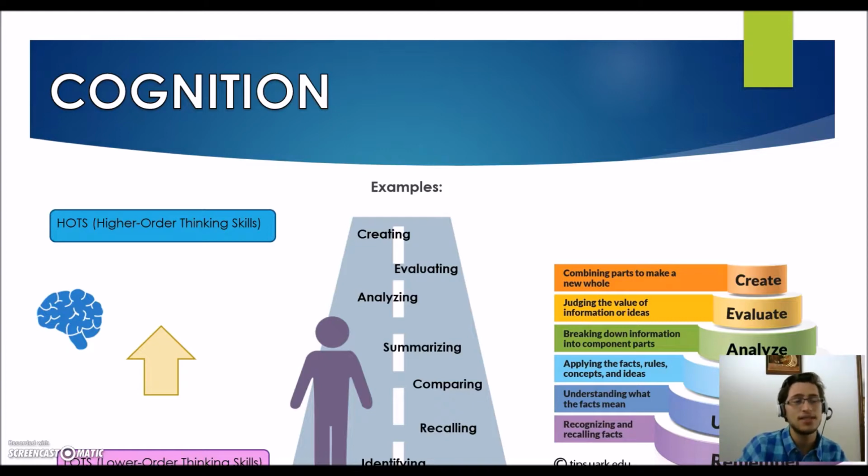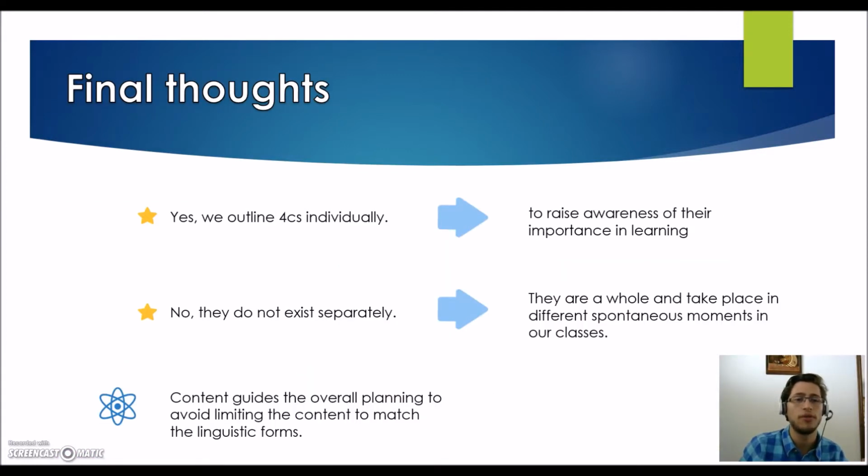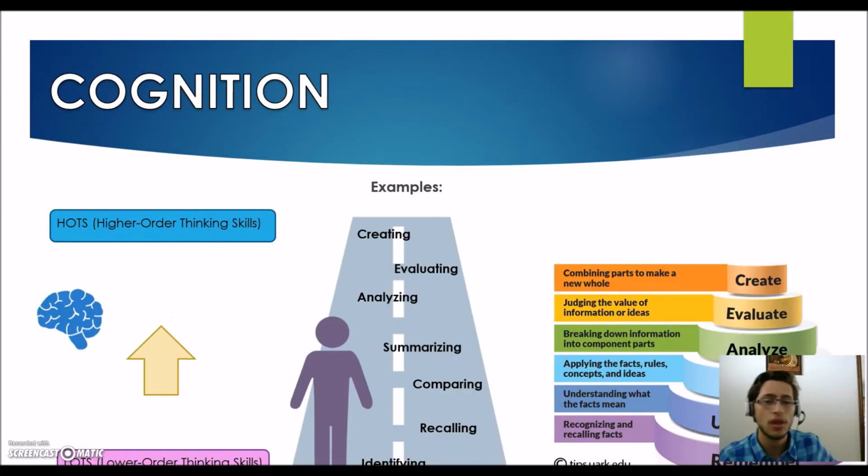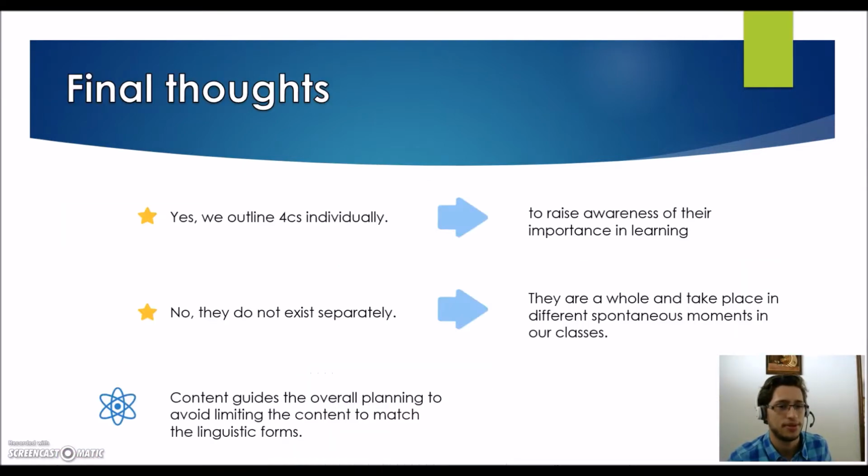Okay, so this is the C in which we include all of the thinking, all of the processes that are related to thinking. Evaluate, analyze, understand, remember, and so on. So here we include verbs that are related to the mental processes. Create, evaluate, analyze, and those are enough examples.